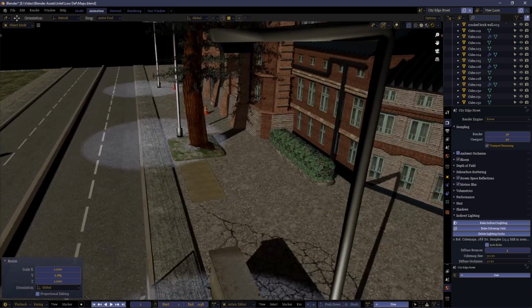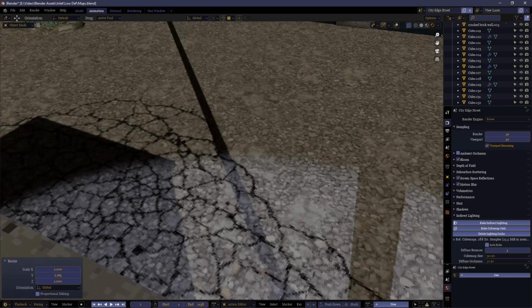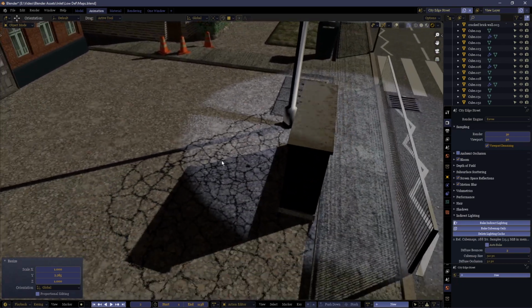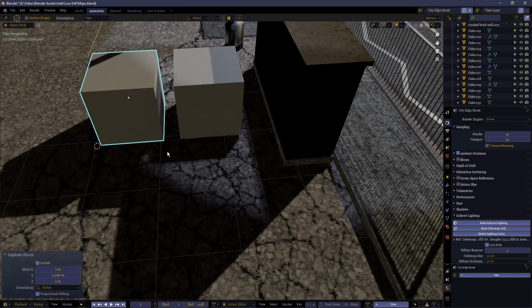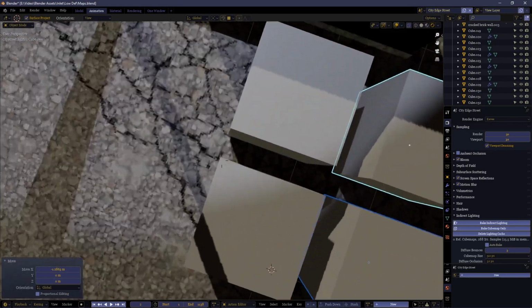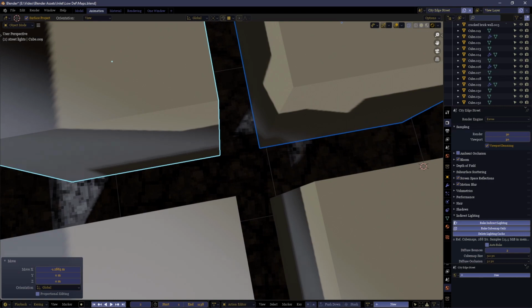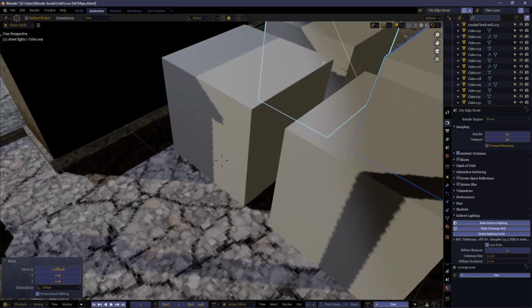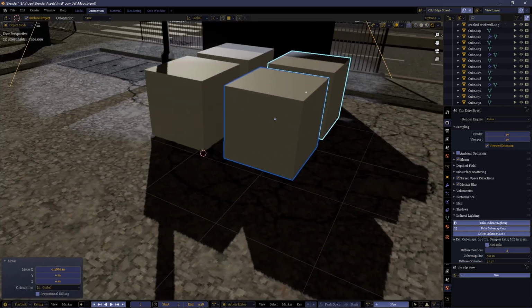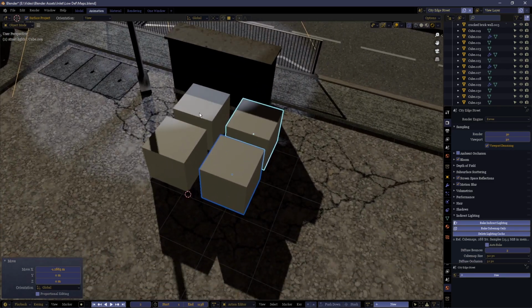However, just to show you an example of the limitation of this system, if we just add a cube here, you'll see it doesn't matter how many cubes I put in this small area, there's no darker shadow cast in the center here than there is outside in the open area.